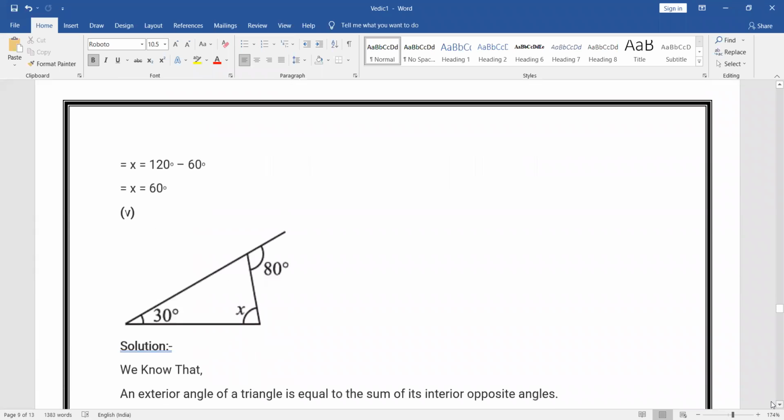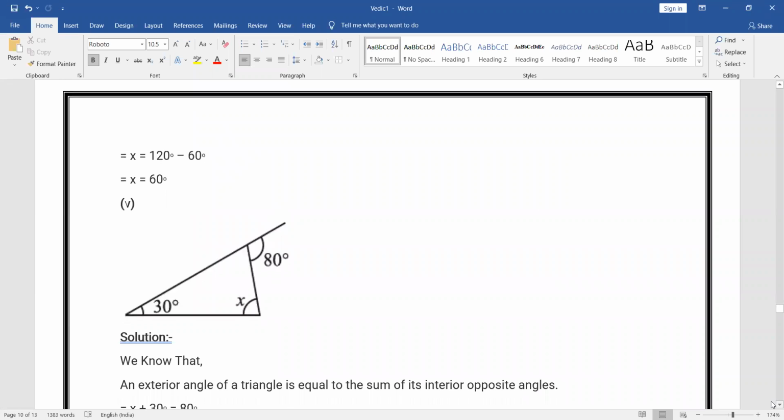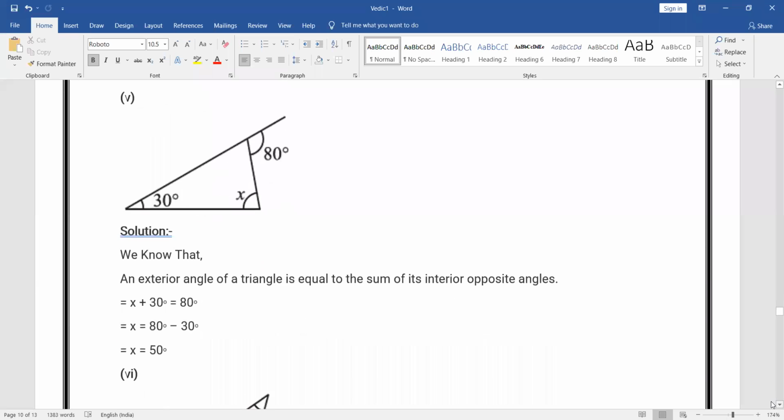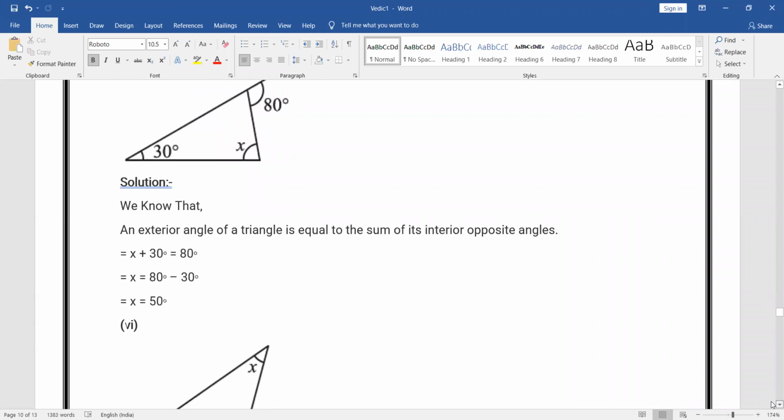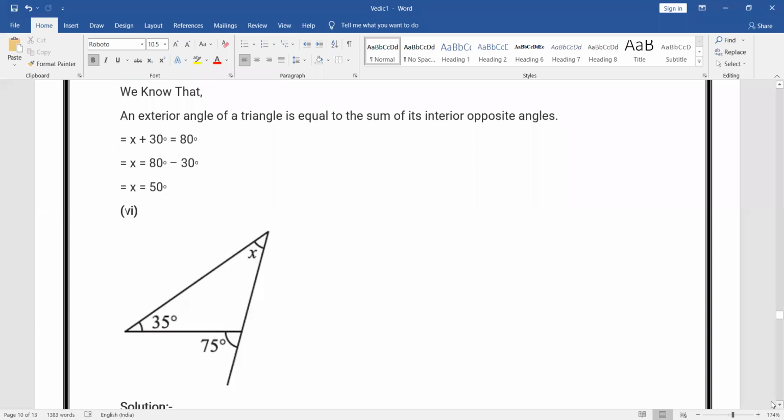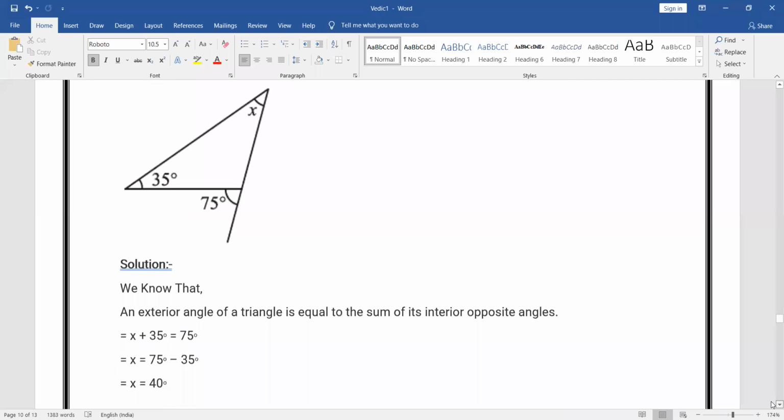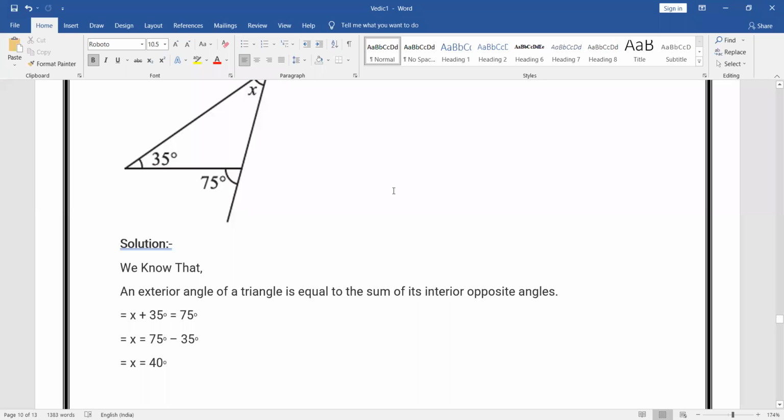The steps are the same for each and every question. Second question के each and every part के लिए step same है. Simply what you need to do, you need to add the opposite interior angles and you can easily find the unknown angle. Okay, if the exterior angle is unknown to you, you can add the opposite interior angles. If one of the opposite interior angles is unknown to you, you can subtract it from the exterior angle and you can find the interior angle. Okay, so this is all related to our exercise, that is exercise 6.2.